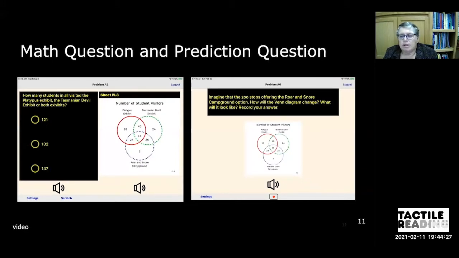So I want to show you an example of a Braille reader who's using a refreshable Braille display, and I'll be narrating the video, but she's also good about reading aloud. So we're going to see her working with a Venn diagram that has 3 circles. First, she's going to do a multiple choice question, and then she's going to do an open-ended question. So let's watch the video.